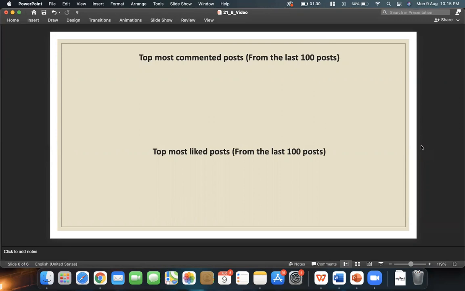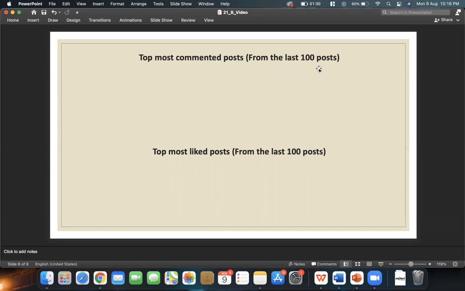Now, keep in mind that it says it is from the last 100 posts because we are getting it for free without paying for it. If you pay for a subscription, then you can get more detailed insights from the start of the account page.